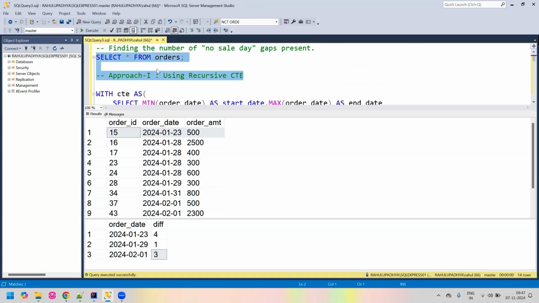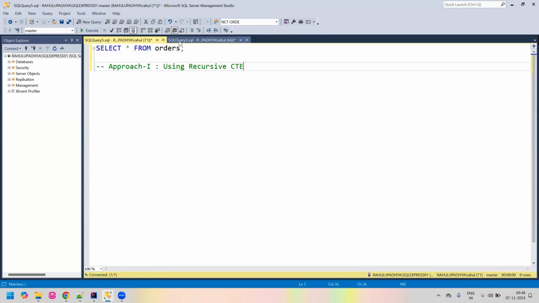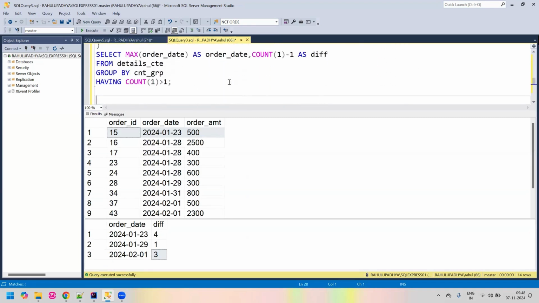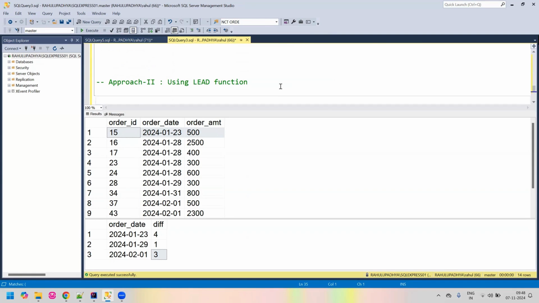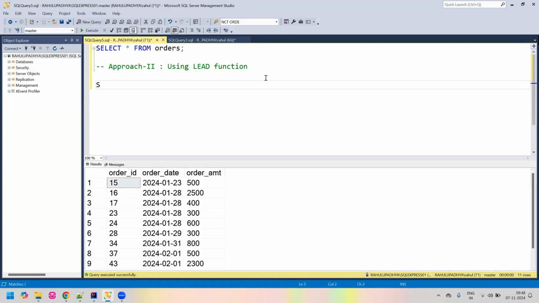And the second approach will be a little simpler as compared to what we have just done. So in the second approach, we are going to explore the lead function to solve this problem. So let's use this approach and solve the problem. Okay, so we are going to work on this orders data again. So what we will do is,